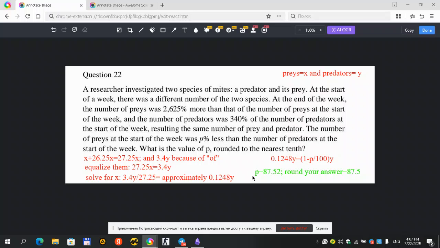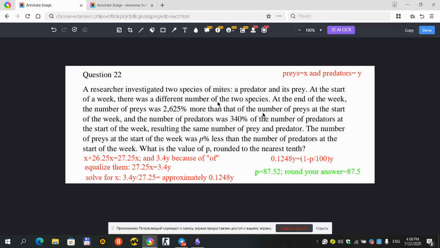Hey guys, let's analyze question number 22. A researcher investigated two species of mice, a predator and its prey. At the start of the week, there was a different number of the two species. At the end of the week, the number of prey was